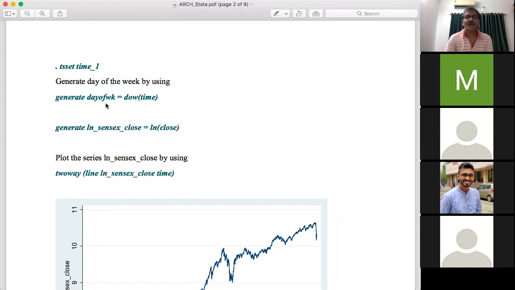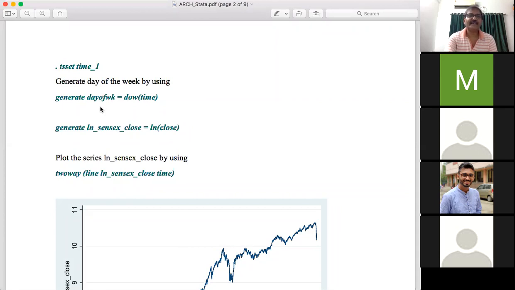What does it mean? 1 indicates Monday, 2 indicates Tuesday, 3 Wednesday, 4 Thursday, and 5 indicates Friday. So we have omitted Saturday and Sunday. So in this column, you have 1, 2, 3, 4, 5, again 1, 2, 3, 4, 5, etc.